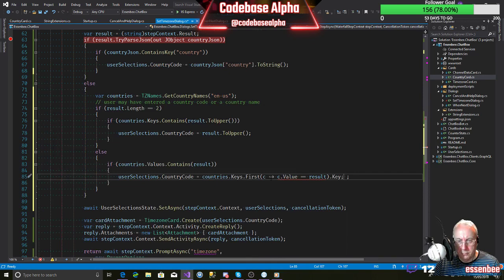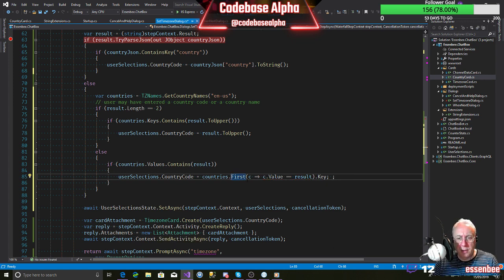Interesting. So C is a string. Oh, it's got keys there, that's why. There we go.